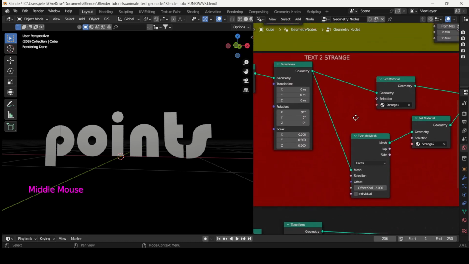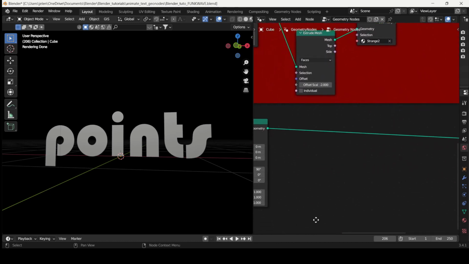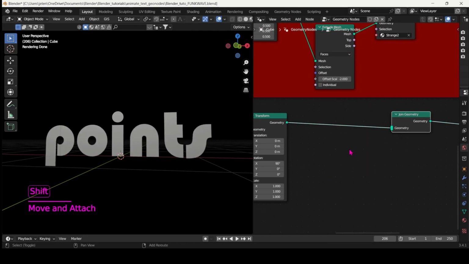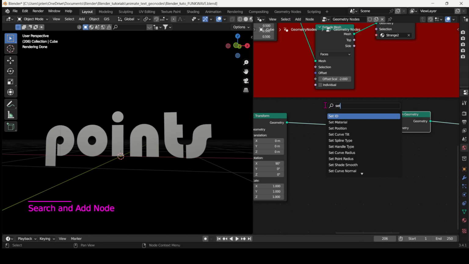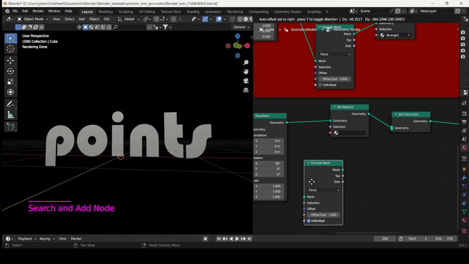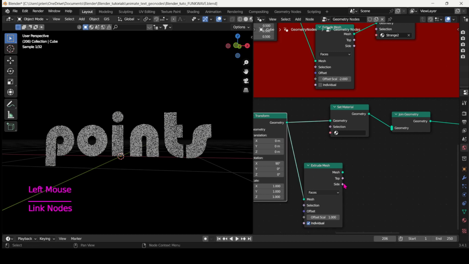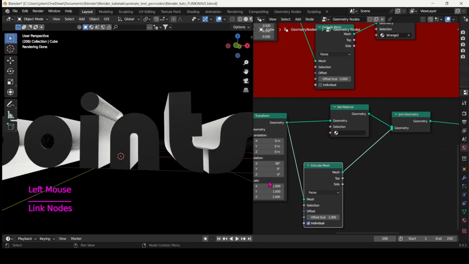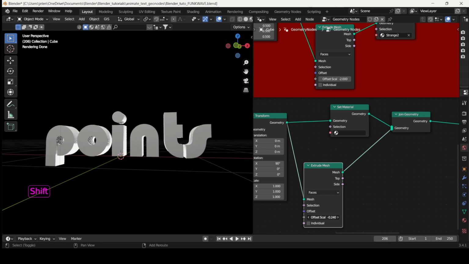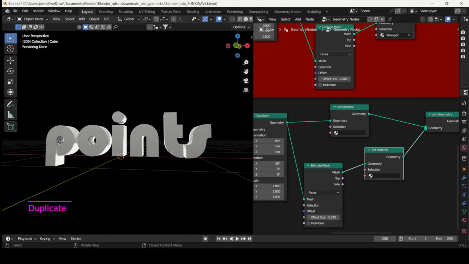Yeah, so next, like we did up there, we can add a few nodes. So the joint geometry, because of course, yet again, we'll be extruding, and then as well, we can add the set material one to replicate if we want actually different kinds of materials for the face, etc., etc., and combine what we already have, maybe even. So set the offset scale, duplicate the material as well and put it there,